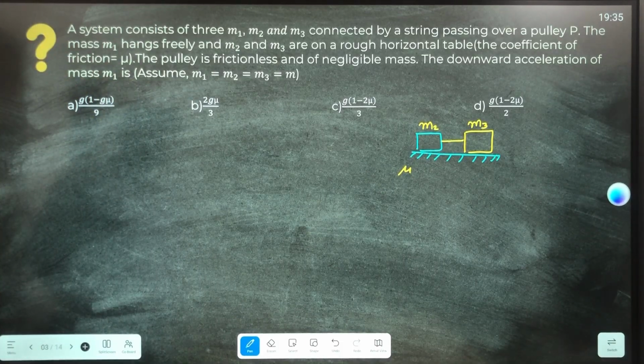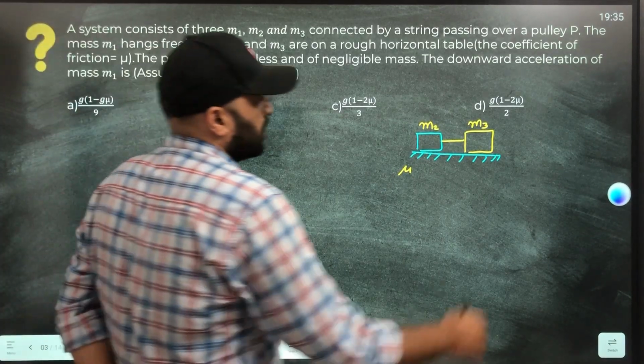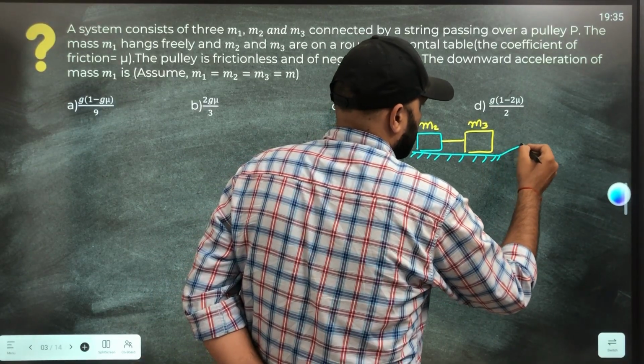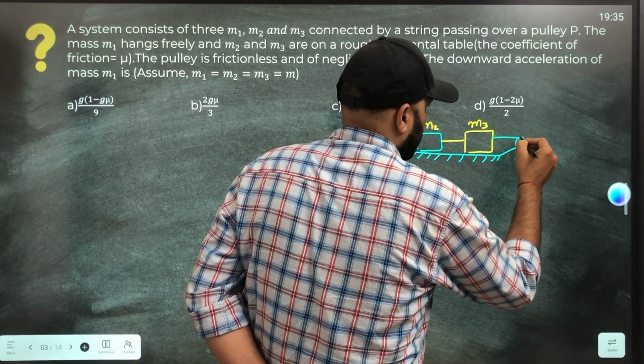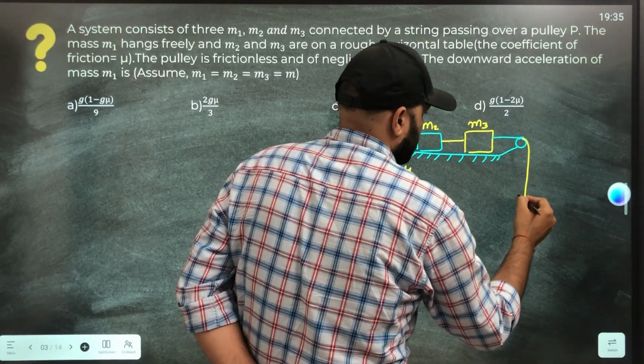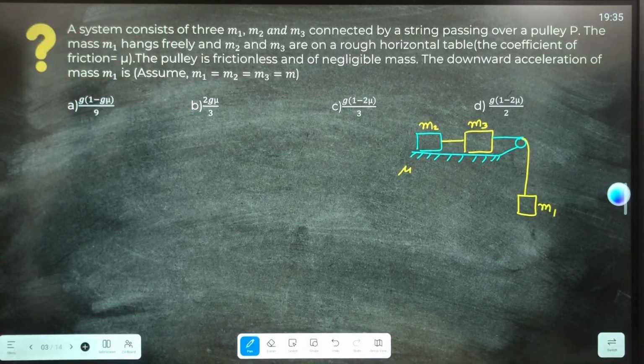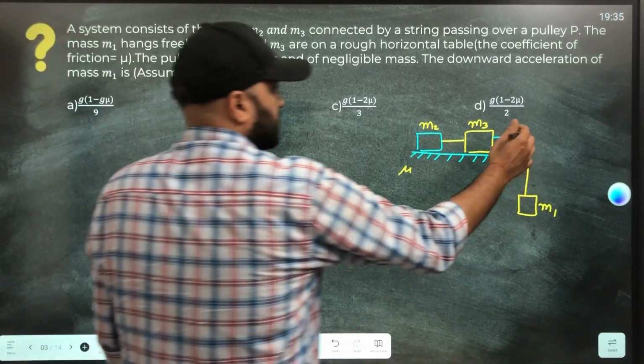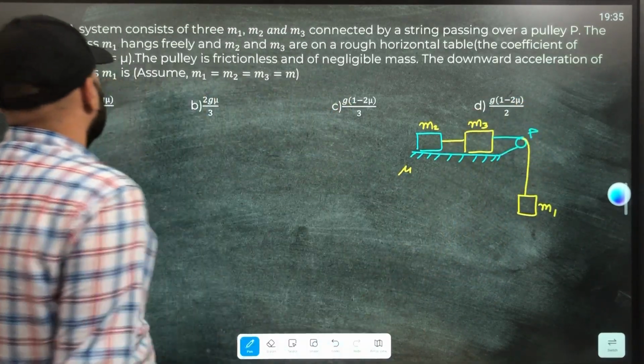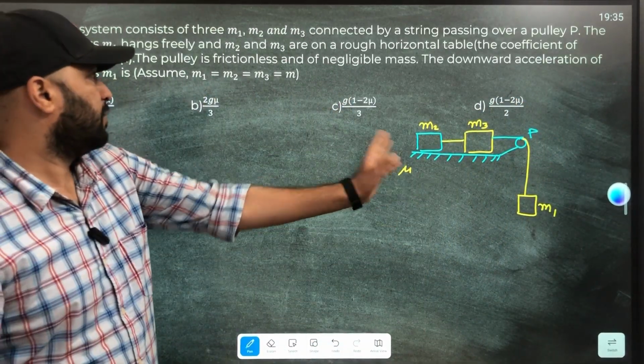Okay, and they all are connected with the string, and the string is passing over the pulley. Let's say it will be like this, and this is our m1. I assume the question is like this, okay? A system consists of three masses m1, m2 and m3 connected by string passing over a pulley P. Okay, fine, this is our pulley P, and the mass m1 is hanging freely and m2 and m3 are on